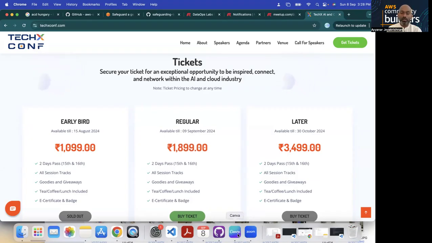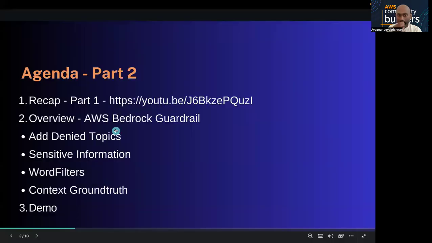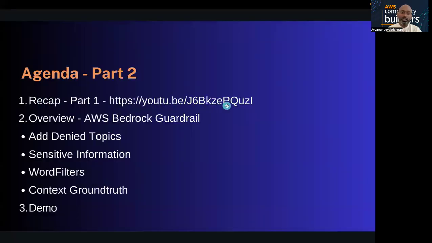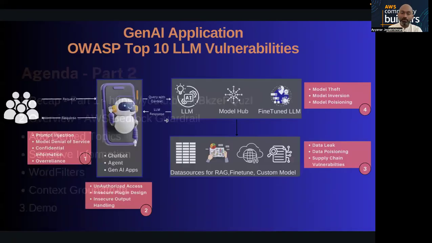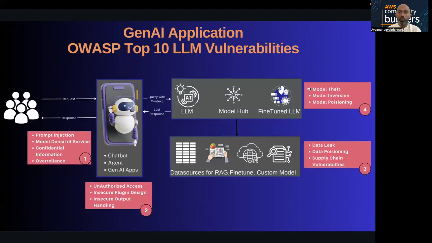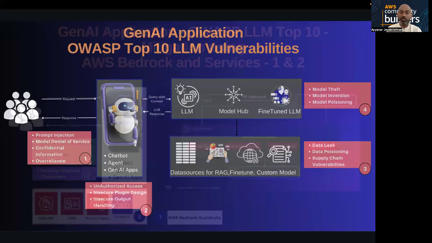Okay, let me go through today's session. I just gave you hints of where to check. I will also add the details in the same video on where to check the Bedrock Guardrail previous session and the other AWS Bedrock topics. We have touched upon the OWASP top 10 LLM vulnerabilities, what they are and at what layers they impact: the prompt input and output layer, then the model layer, as well as the data layer. These are all the areas we have touched upon. Feel free to check the previous videos for more details.